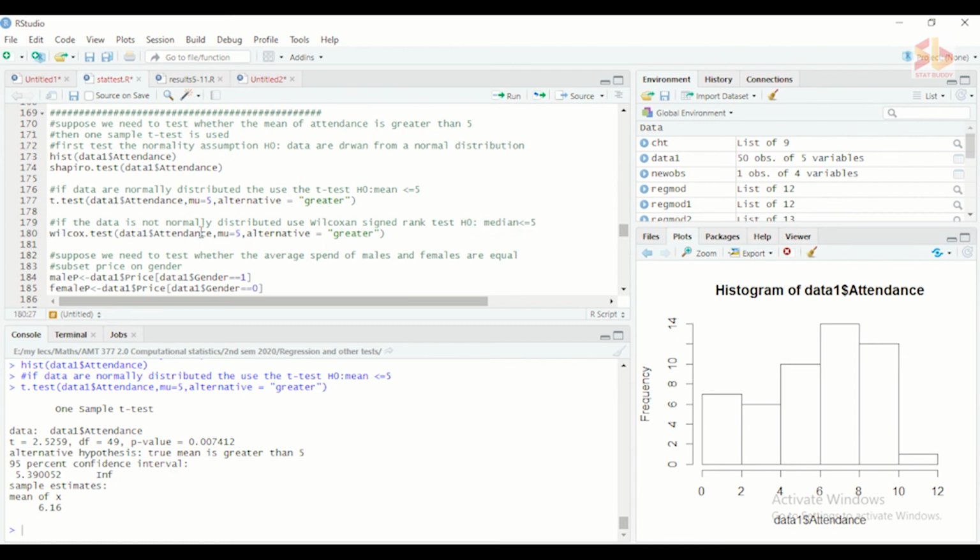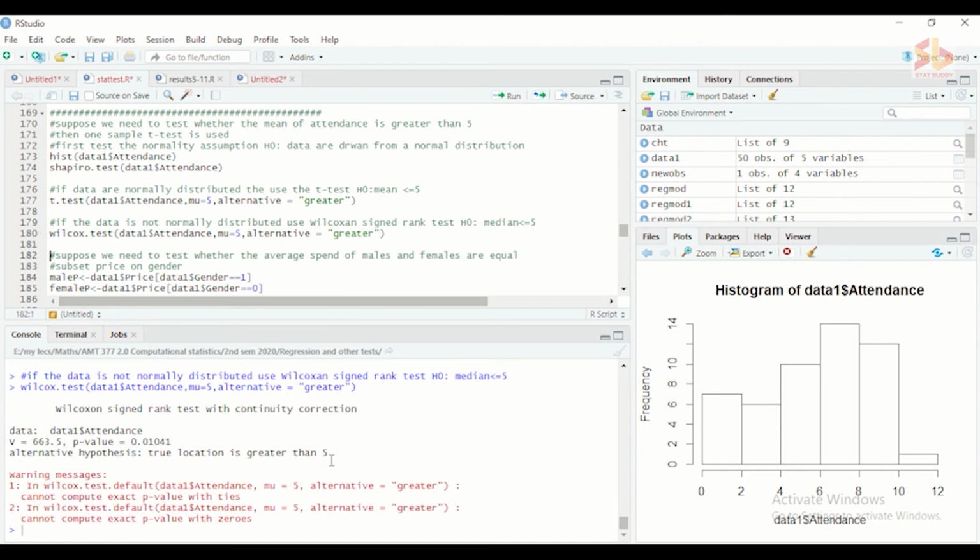The arguments should be the input data, the value of the median, and the alternative is greater than. So here you can see the p-value is less than 0.05, which means the true location is greater than 5, or the median is greater than 5. So the Wilcox test in this line gives the Wilcoxon signed rank test.